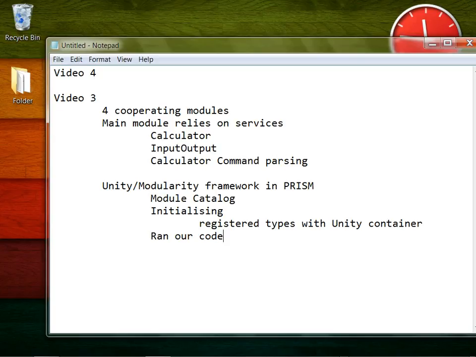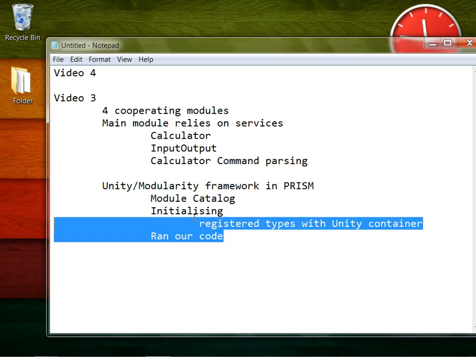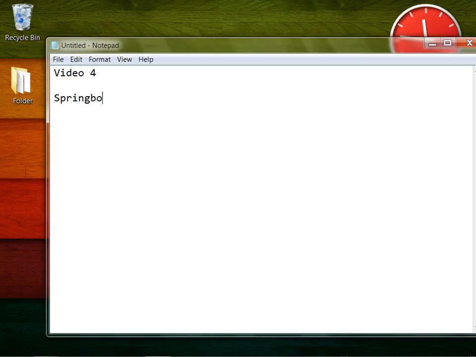What I want to do in this video here, video 4, is kind of move from there, and really we're just doing a sort of short springboard here, where probably in video 5 we'll move across into a Silverlight project, which is where we've been wanting to get all along, because we're starting to get to the point where we're running out of some of the services that we can do in a UI neutral manner. Some of the next services I want to look at in Prism are really more UI specific, and we'll see that start to creep in this video. So I want to use this as a short springboard that takes us next time in video 5 into a Silverlight project. But here what I want to do is, if we look at where we were in the previous